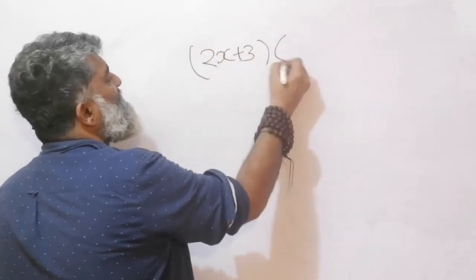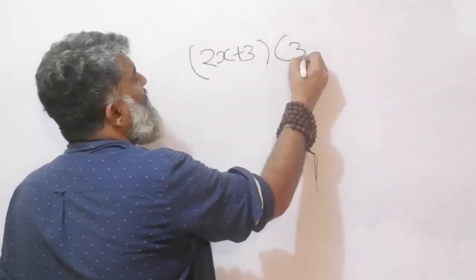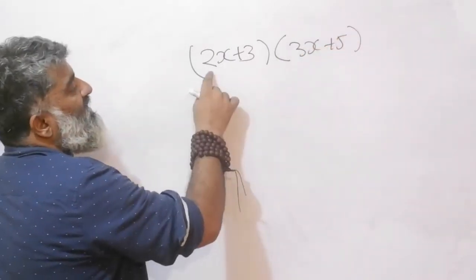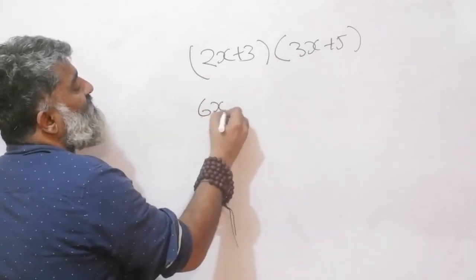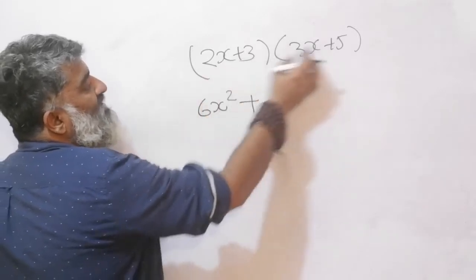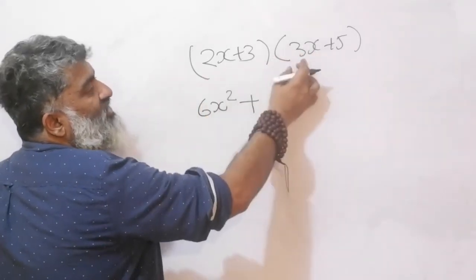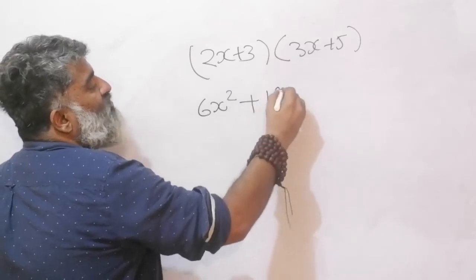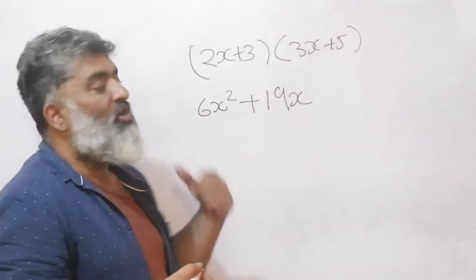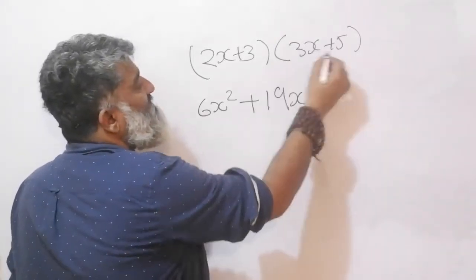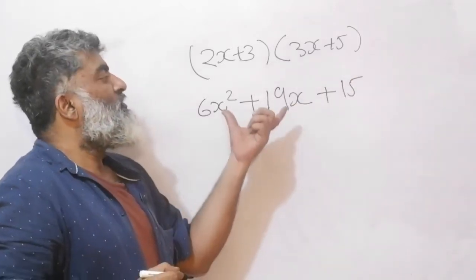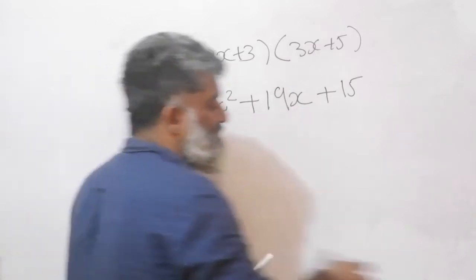Always start with the basic step. So say I have 2x plus 3 and 3x plus 5, and I multiply them. What is it that I'm going to get? I'm going to get 6x square, right? 2x into 3x. I'm going to get 2x into 5, which is 10x, and 3 into 3x, which is 9x. So I'm going to get a total of 19x. I have to learn to start doing the steps in one go as I move along in the journey, right? And then the last step is going to be the product of the constants, which is 15. So now imagine that